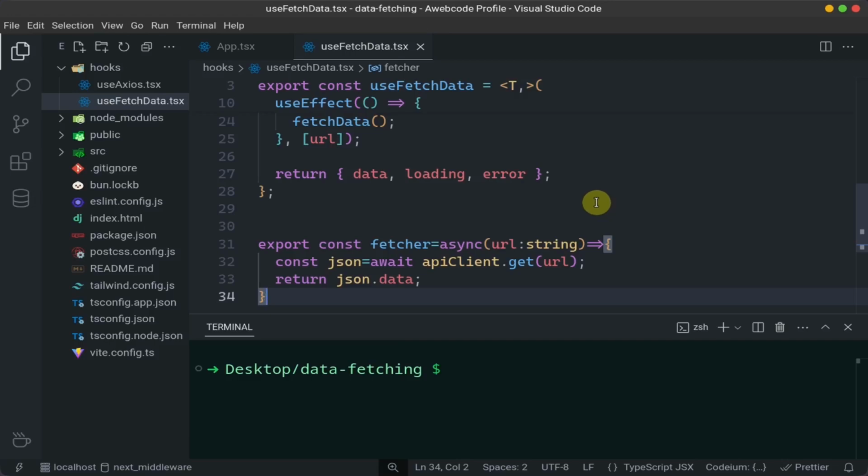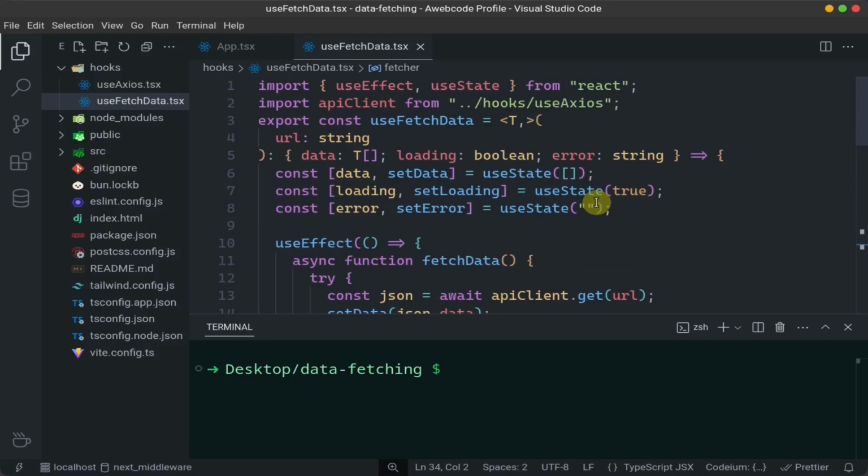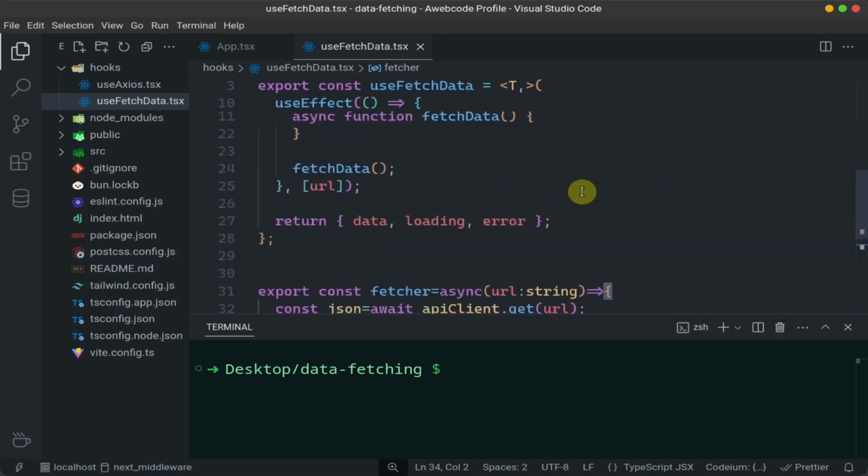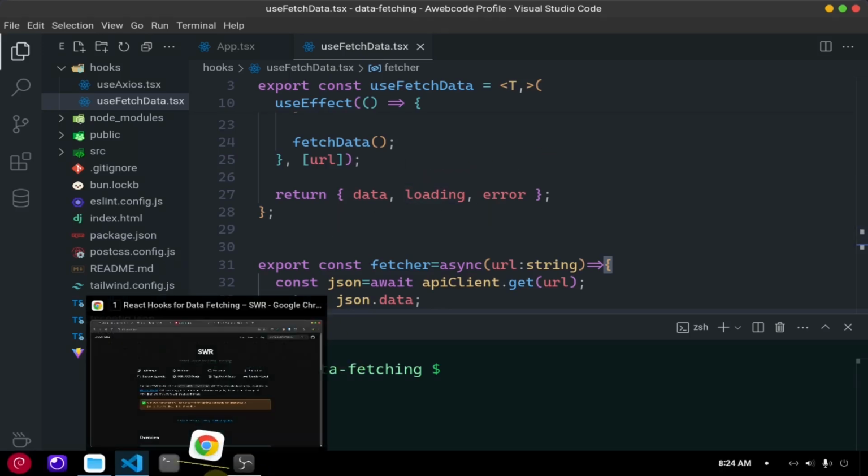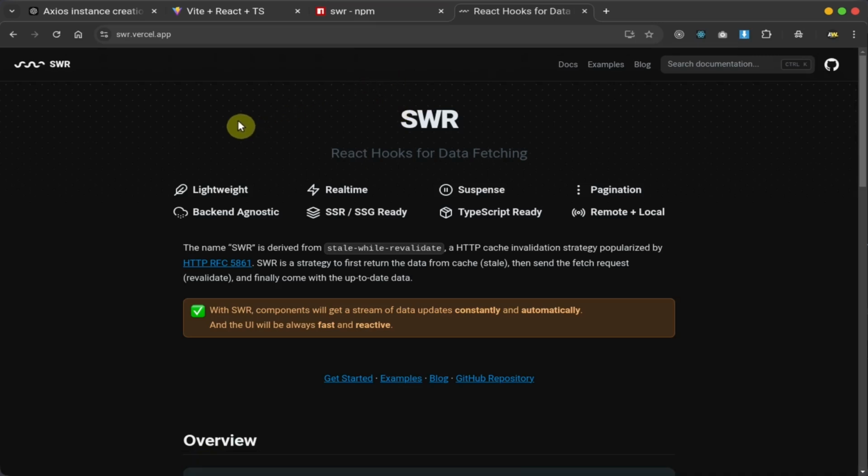In the previous video, we saw how to fetch data with the Fetch API and Axios, and in this video, we will discuss how we can use SWR for fetching data. So if we go to